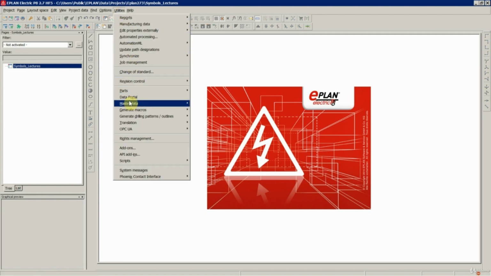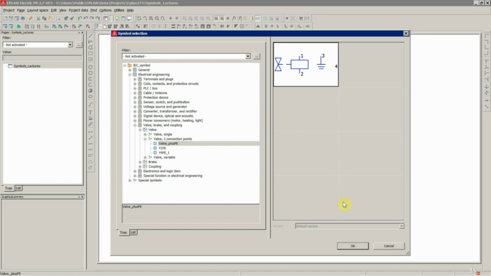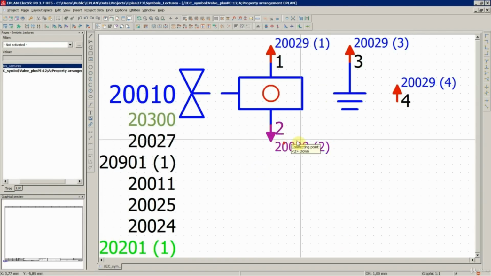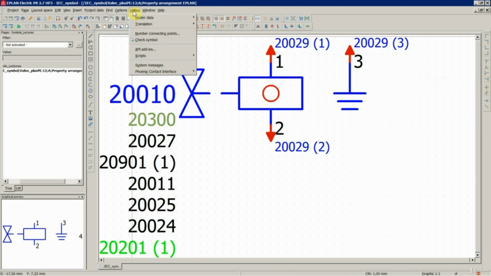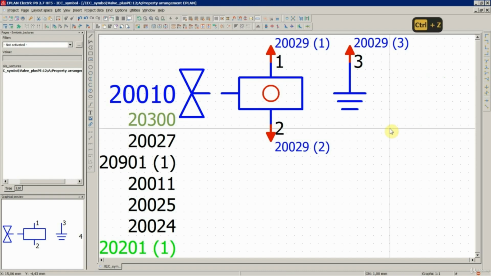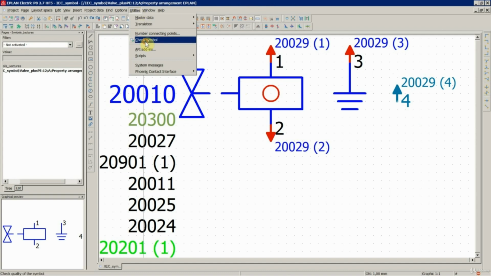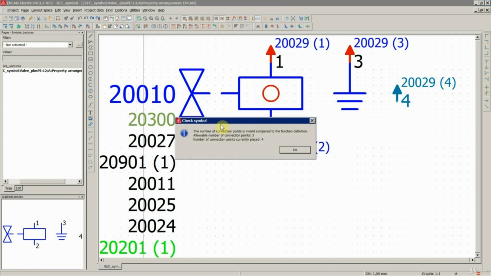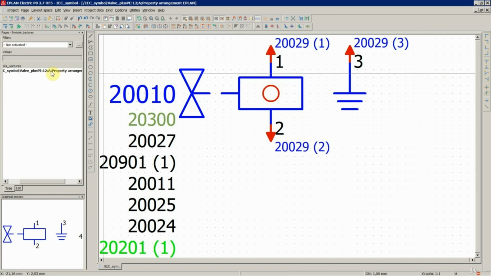Let's just then open this symbol once again and delete the 4th connection. If you would leave it, for example, and go to check symbol, this is what EPLAN would tell us, the same thing when you check your symbol. Now let's delete this one